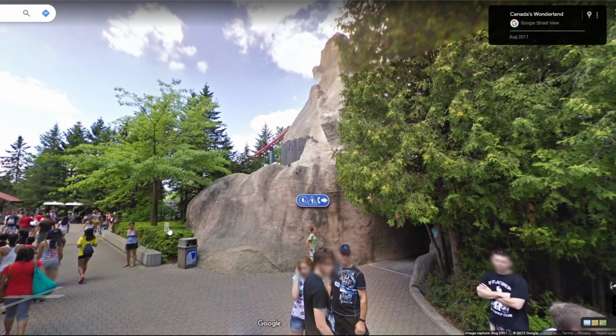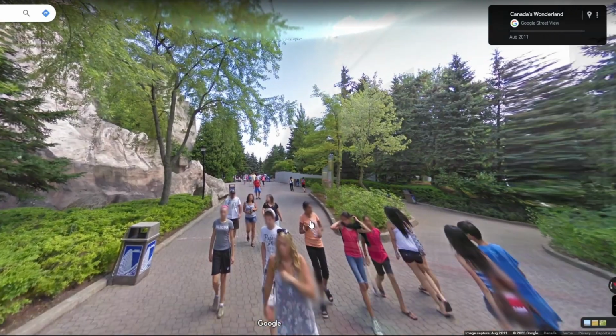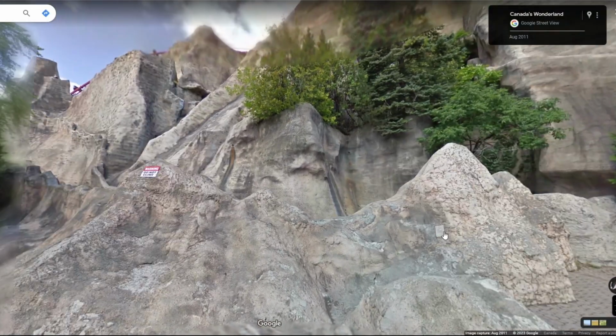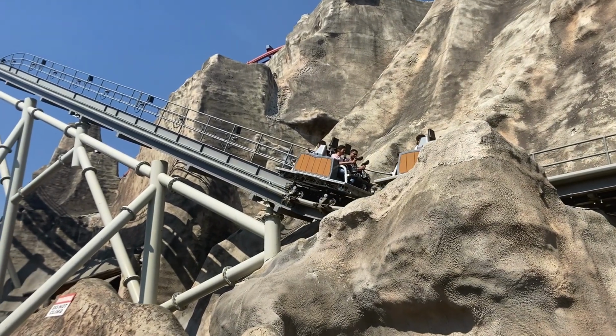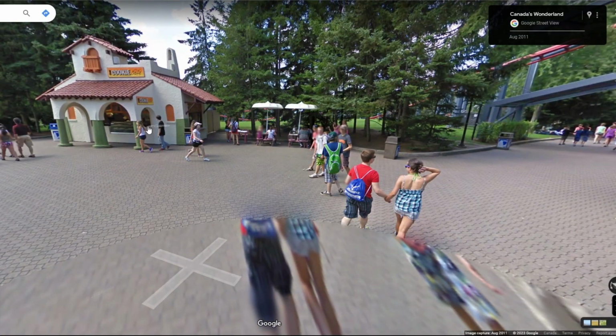Hey, this is something that's different. Hey, did you notice something as we were walking down here? Wonder Mountain's Guardian isn't here. Because it doesn't exist in 2011, it got added in 2014. Hey, this is another little thing that's different over...